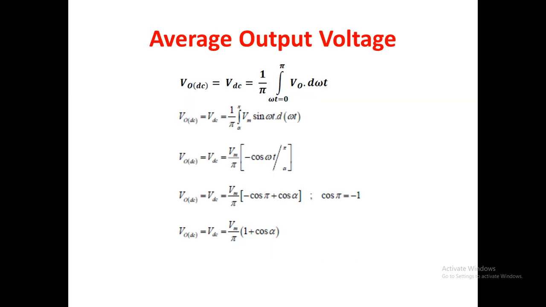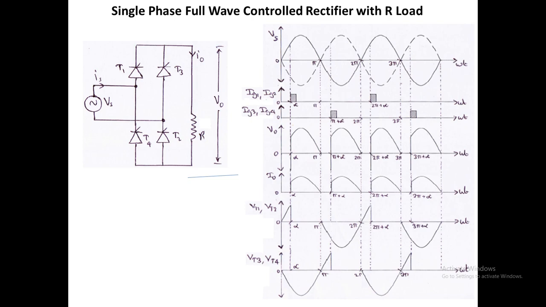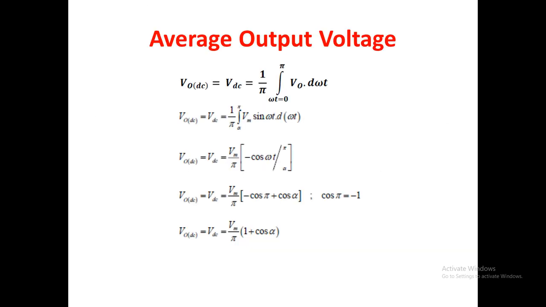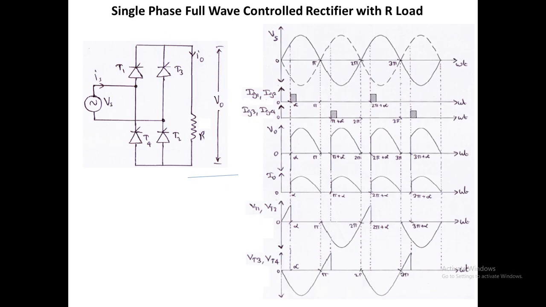So next we can do simple derivations for the average output voltage. In all the cases we will derive the average output voltage, RMS output voltage, average output current and RMS output current. So first we derive the average output voltage. V naught is equal to VDC, that is equal to, how we can derive, the area under the curve divided by the time period. So for the output voltage, the area under the curve,